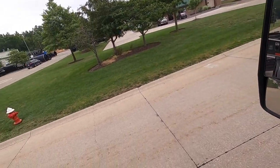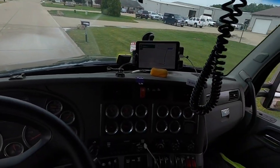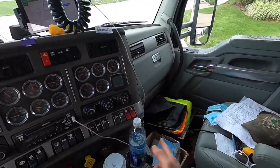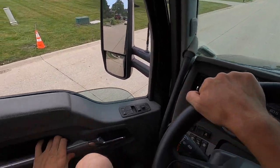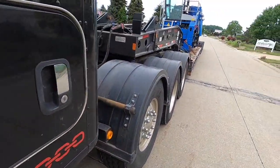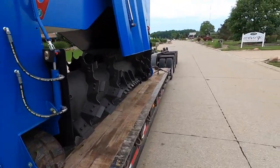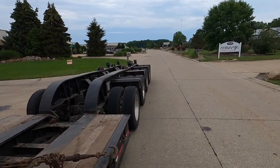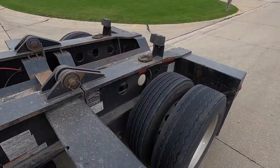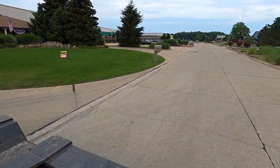See, that's what happens. Like, I cannot make this corner. Yeah, I barely made it. And the sprinkler, kind of like in revenge, threw out all that water in there. So yeah, the only way to get in there is you have to back in, but I don't know, like these guys say they can have more loads, but a yacht like that, especially when you have crazy neighbors like that,